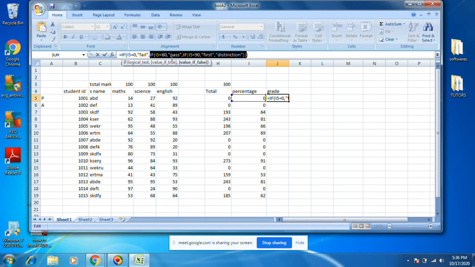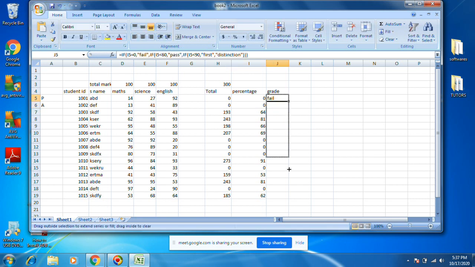For this if, this is true: if less than 60, it will execute this. If it is not, it will execute this. Now it is greater than 60, so it will execute here. Now it will check I5 less than 90. Yes, 64 is less than 90. Then it will print first here. Okay, like this.